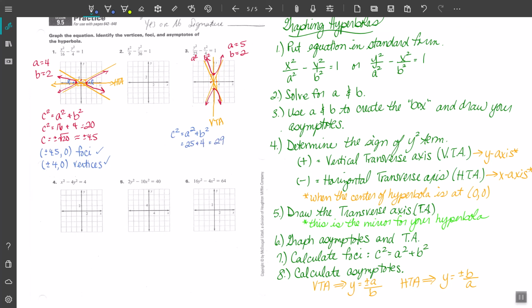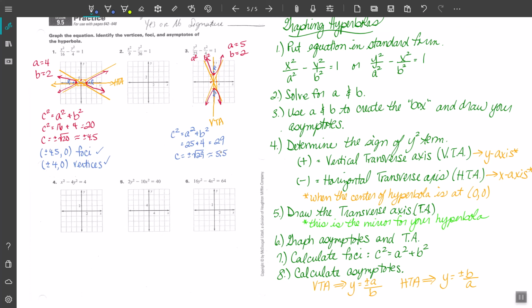So this means that I have foci at plus or minus the square root of 29, which is approximately 5.5. Those are going to be inside the hyperbola. So I'm going to come up here at about 5.5, which is a little tight because of how they numbered. Just get it as close as you can, label it with an F,